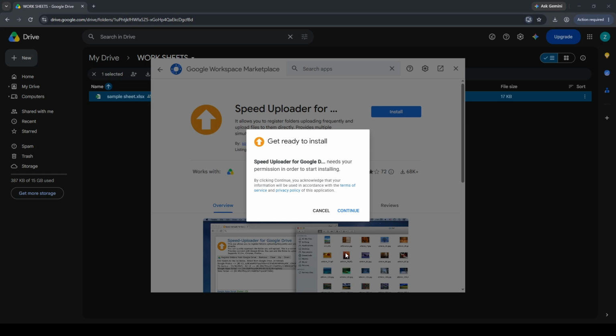Congratulations! By following these steps, you've now equipped your Google Drive with a powerful tool that can significantly boost your upload speeds. It's important to note, however, that the effectiveness of this setup can still depend on your internet bandwidth and other external factors. While this method generally provides a noticeable improvement, optimal performance may vary. We hope this video made it easier for you to learn how to make